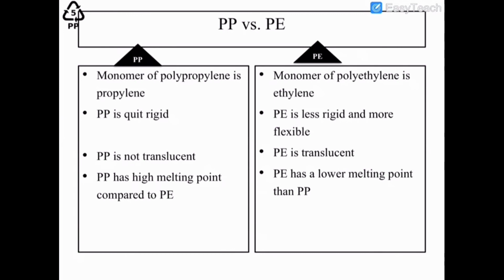Let us now compare polypropylene versus polyethylene. In polypropylene, the monomer used is propylene, while in the case of polyethylene, the monomer is ethylene. Polypropylene is quite rigid. Polyethylene is less rigid and more flexible. Polypropylene is not translucent. Polyethylene is translucent. Polypropylene has a high melting point compared to polyethylene. Polyethylene has a low melting point than polypropylene. These are about synthesis, properties and application of